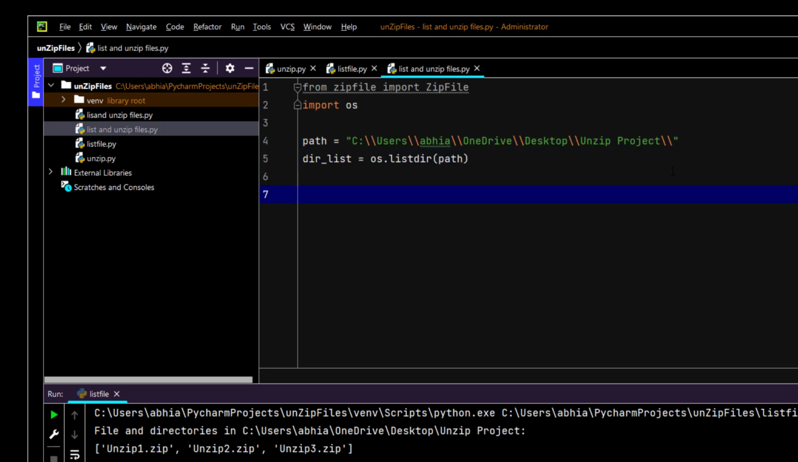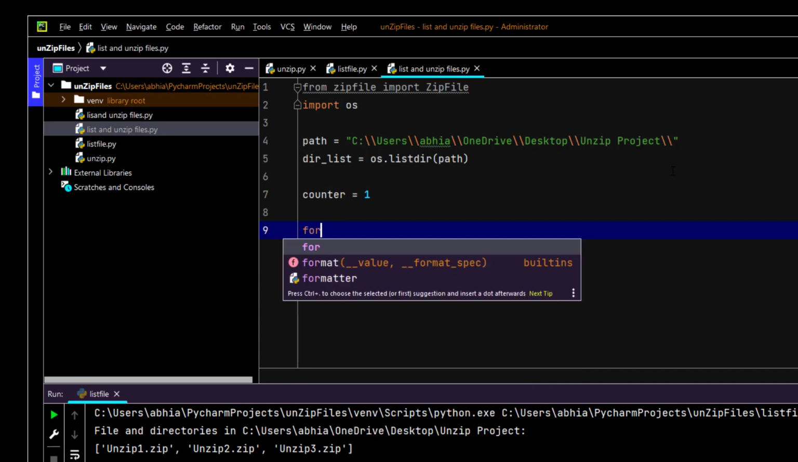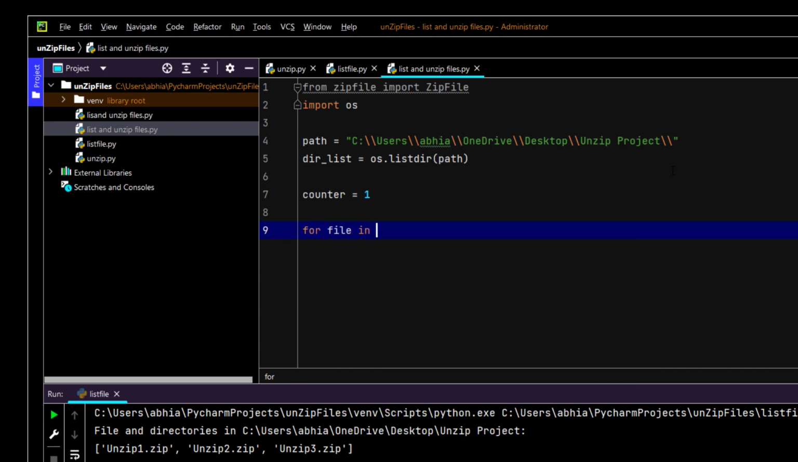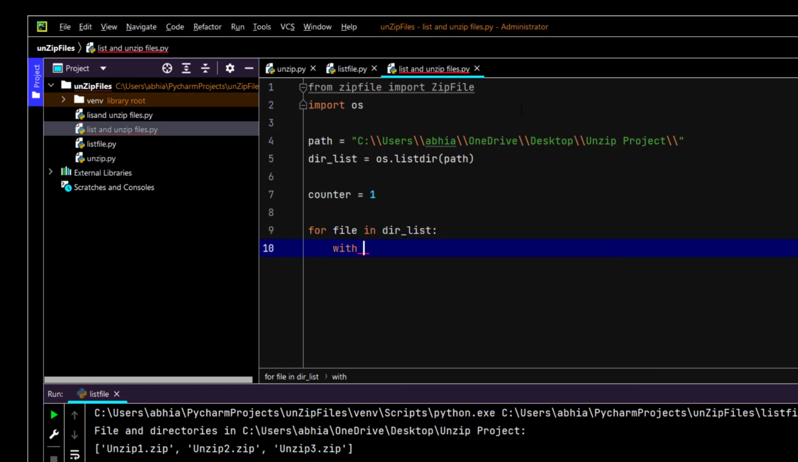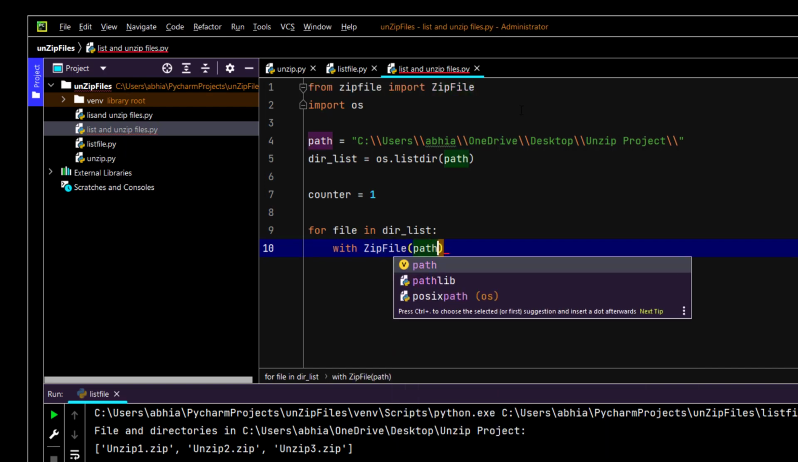We need to somehow create a counter of all the files available. So we know that in our unzip project folder there are only 3 unzip files, but that may not be the case always. So we'll just create a counter and we'll initialize it with the value of 1, right? Next step, we will create a for loop. So we will say for file in dir list with ZipFile, and our path would be path